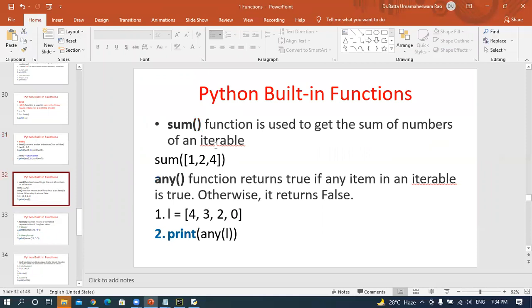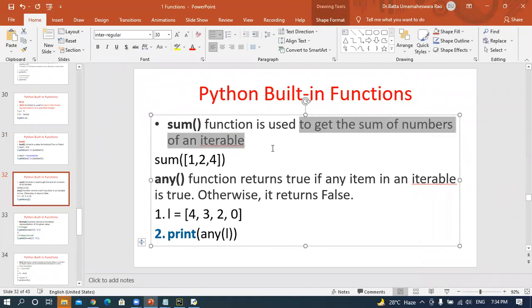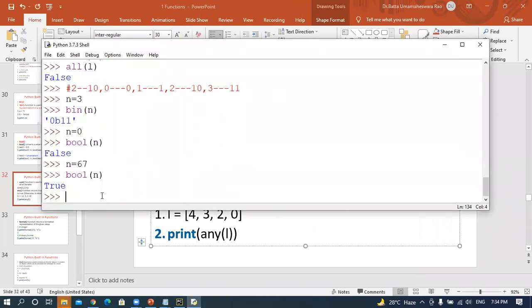Already you discussed the sum function. Sum is used to get the sum of the numbers of an iterable. For example, iterable means list is an iterable value, tuple is an iterable value, set is an iterable value, dictionary is an iterable value, and a string is also an iterable value.